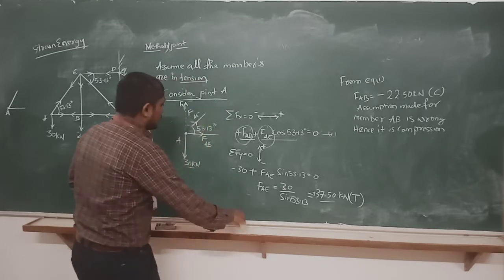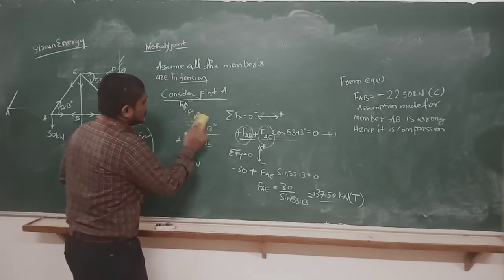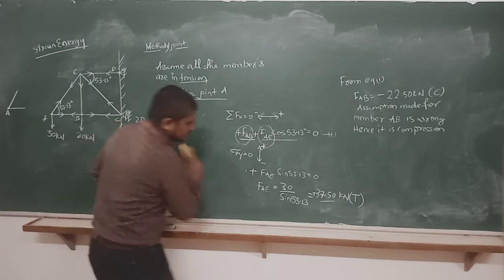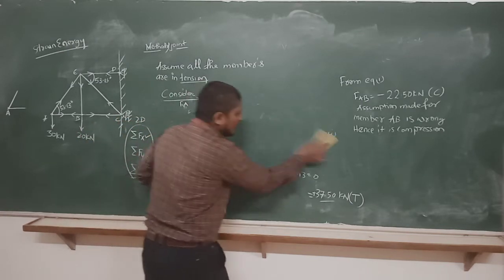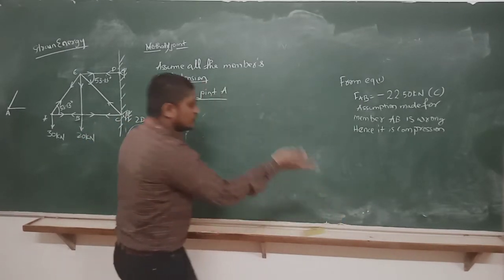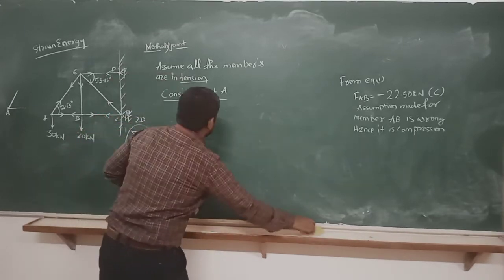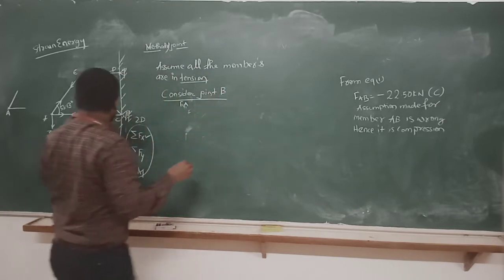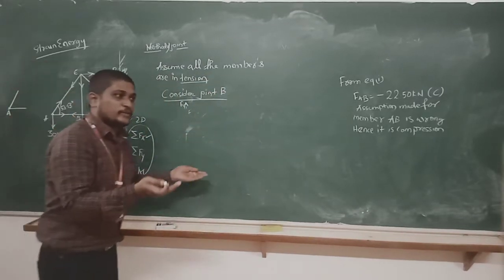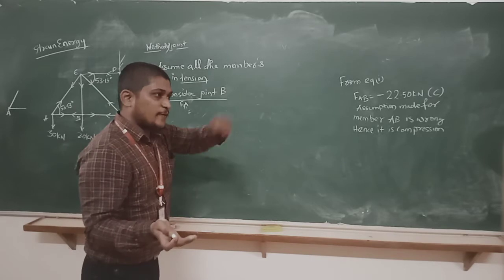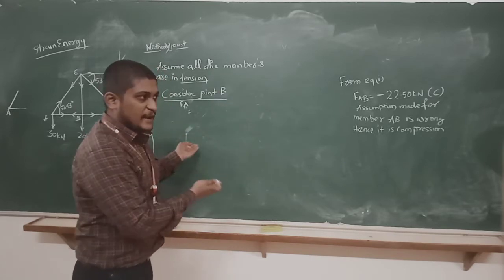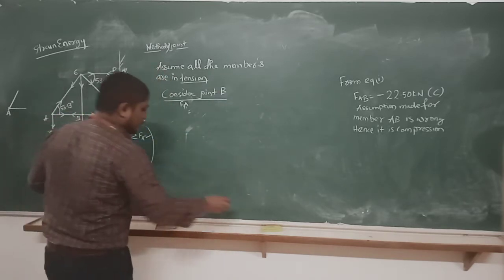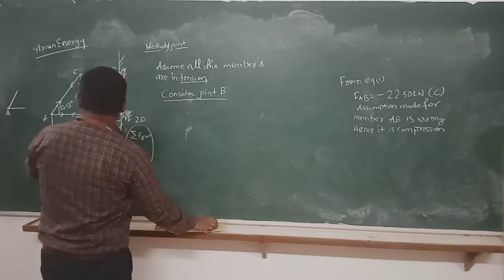Okay, now we have already calculated two forces. Now let's consider joint by joint, you have to go, and the same procedure you have to follow. Let me consider joint B. Very simple procedure. See, no complication here. Just consider joint by joint, resolve the forces if any inclined forces are there by Fx and Fy, and you just need to apply it in your equations of equilibrium. Okay. Now let me consider joint B.